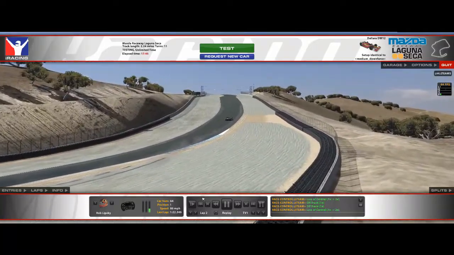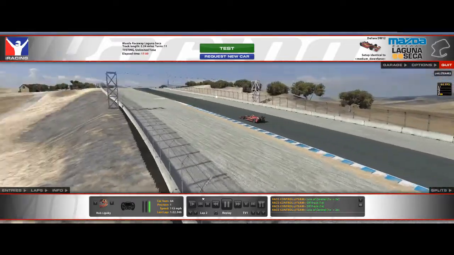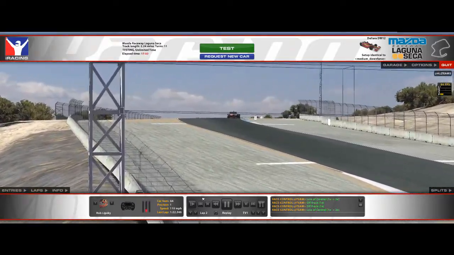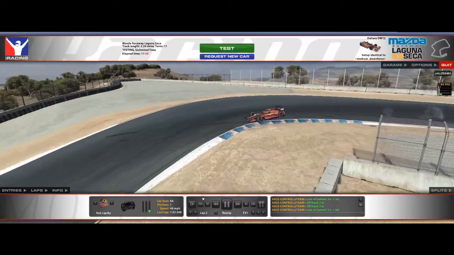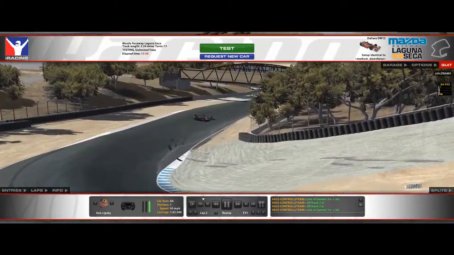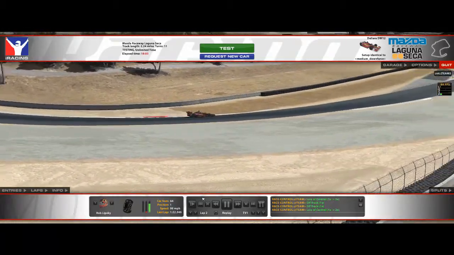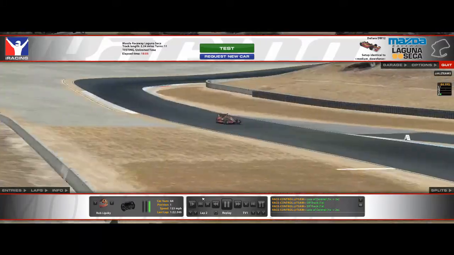Up and over, down on the brakes. Again, you can see that front left. I really like locking up that front left. I gotta work on that. It makes me a little bit nervous, honestly, when I do get the wheel and pedals. You know, it's not like you get any feedback in the pedals or anything, so I'm a little nervous how that's gonna translate, but...